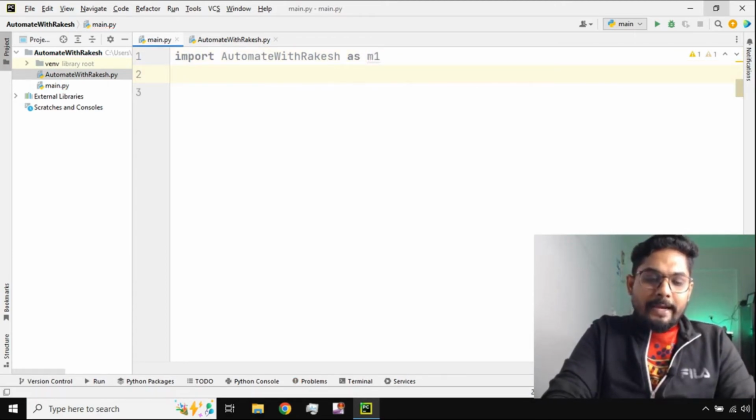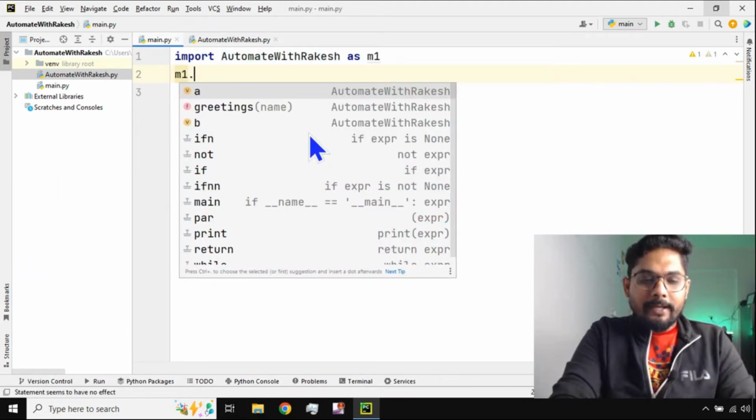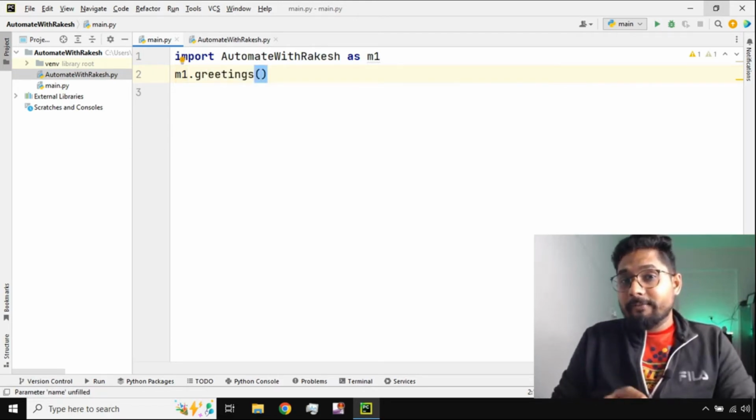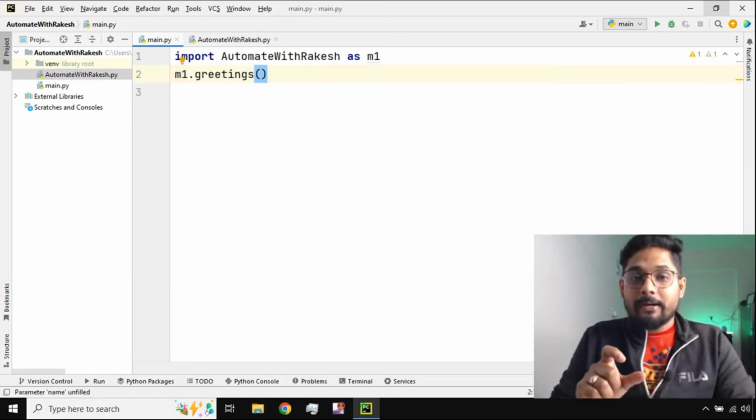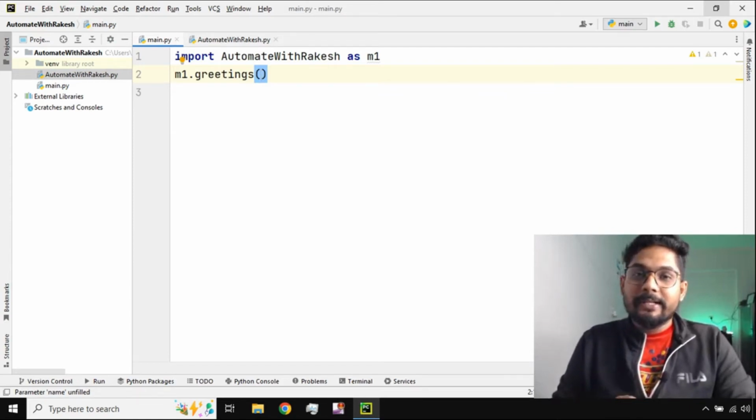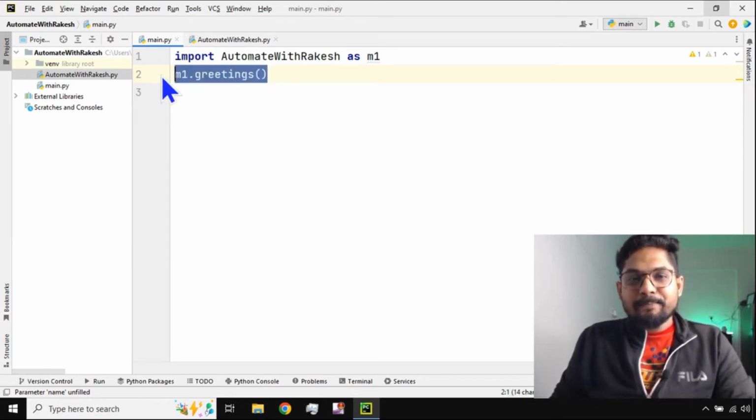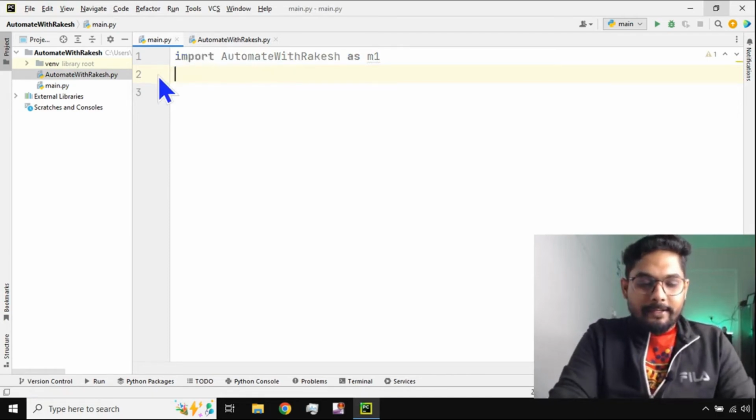Now to use any function, generally what you do, you write that module name and then type the function name. But what if you don't know what is the function inside? What if you don't have that Python file with you? So you must be having the Python file, but what if you don't want to open the file? How do I get it? In that case, there is a way in Python that we can type to know